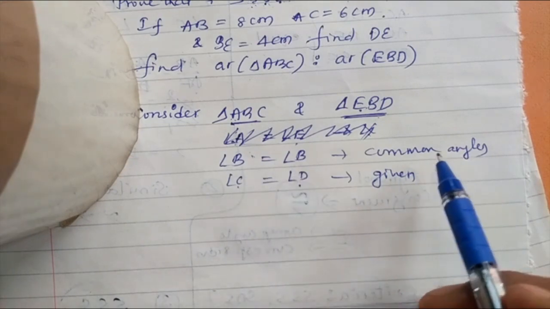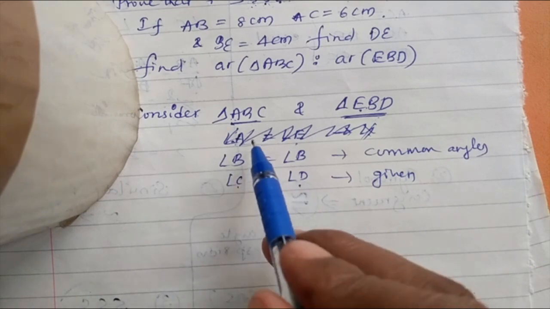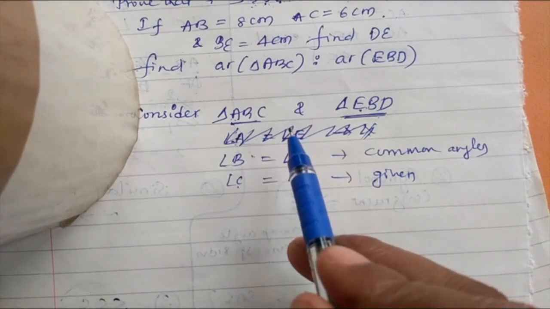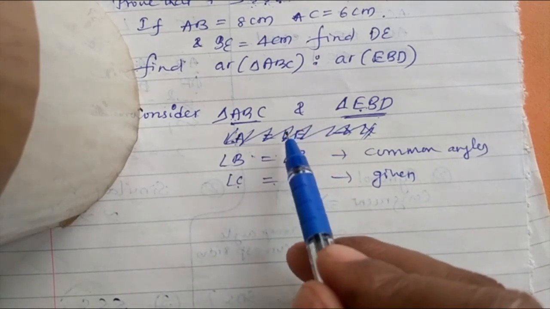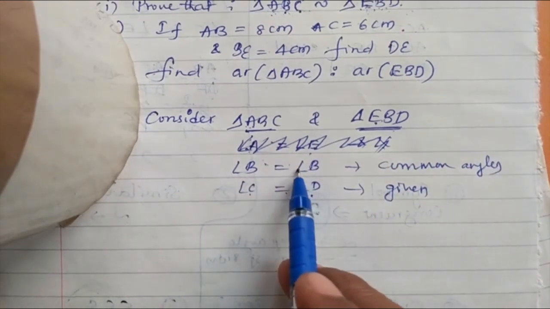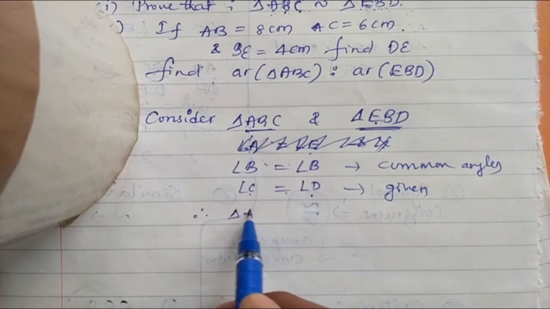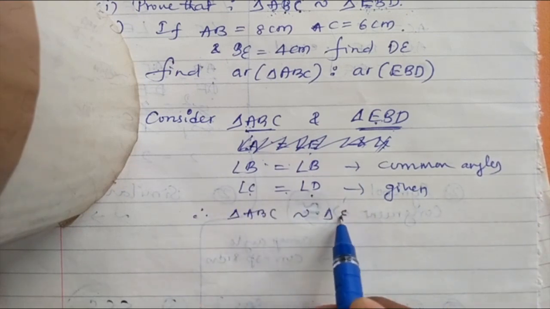B equals B, we have a reason. So for any angles that are equal with a reason, mention only those. You can mention all three if you have reasons. Here we have two only with reasons. The first one we don't have a reason for, so we skip. So we have B equal to B and the other pair with reasons. Therefore we can write triangle ABC is similar to triangle EBD.